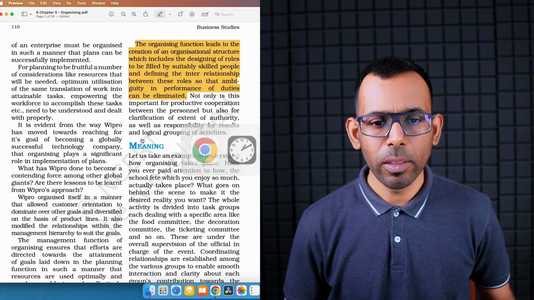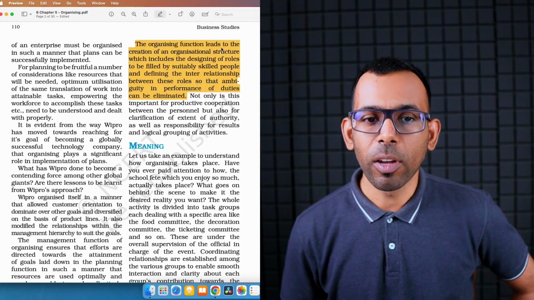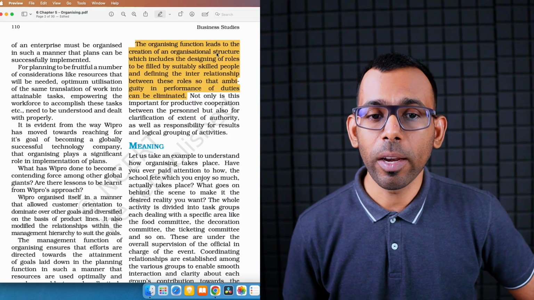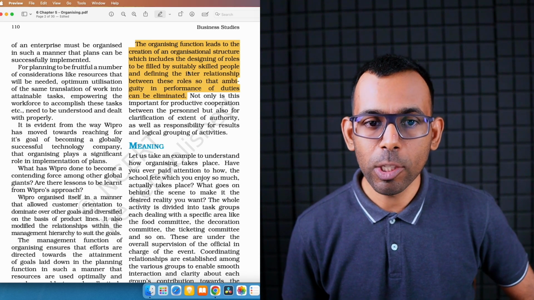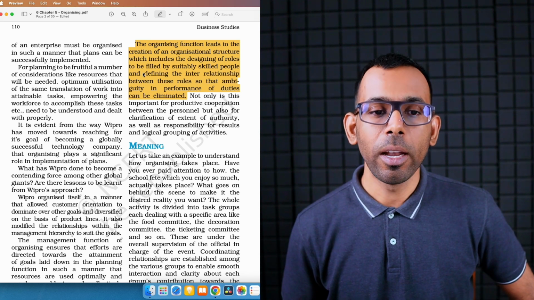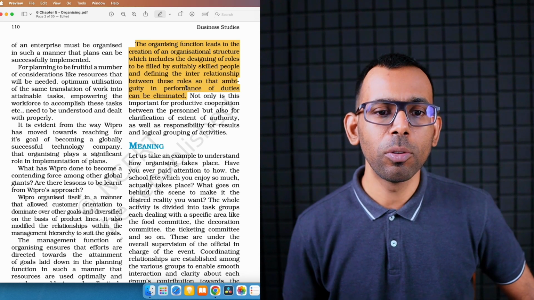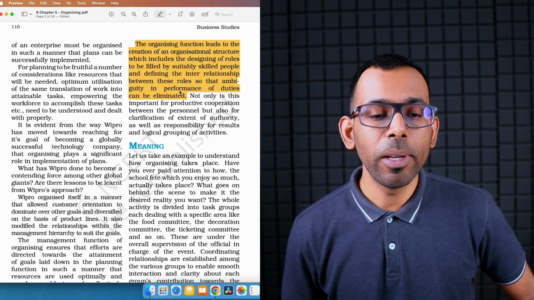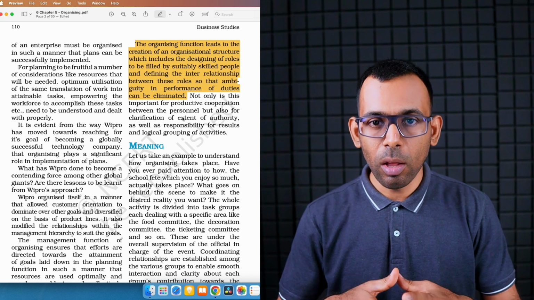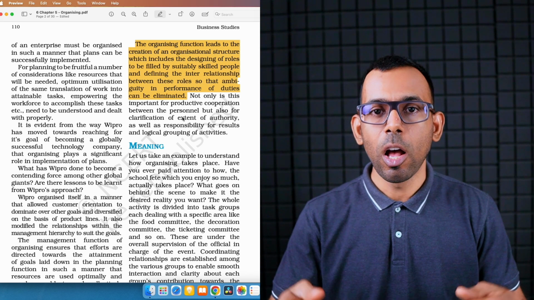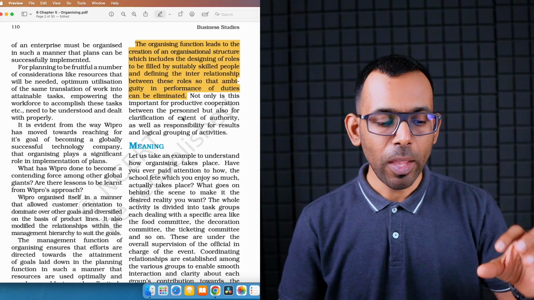So let's look at the definitions now. The organizing function leads to the creation of an organizational structure, which includes the designing of roles to be filled by suitably skilled people and defining the interrelationship between those roles so that ambiguity in performance of duties can be eliminated. So I have to draw a structure of how many people I am going to employ, under which department